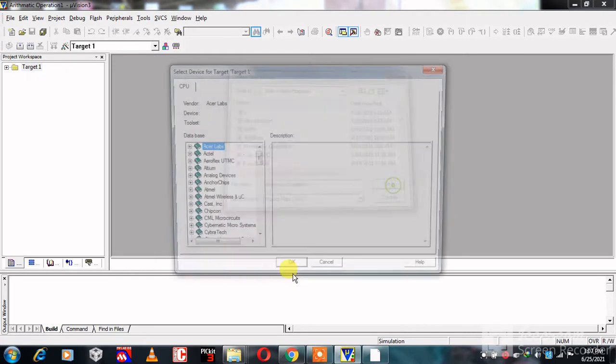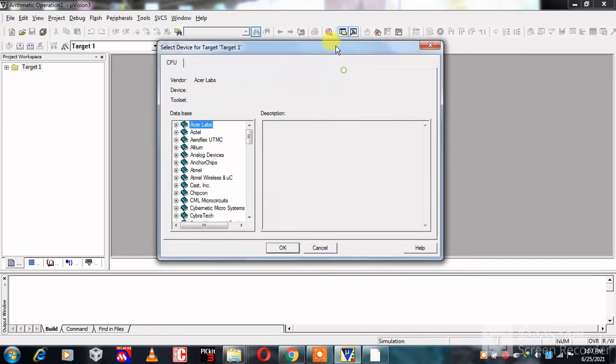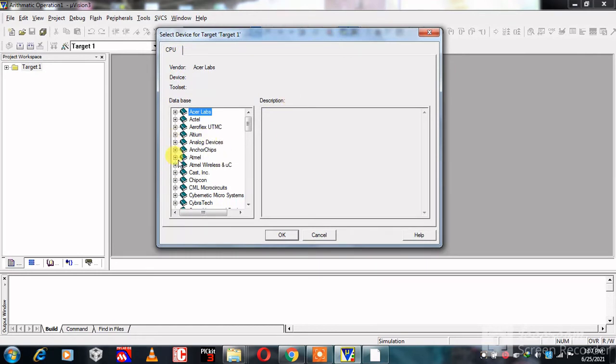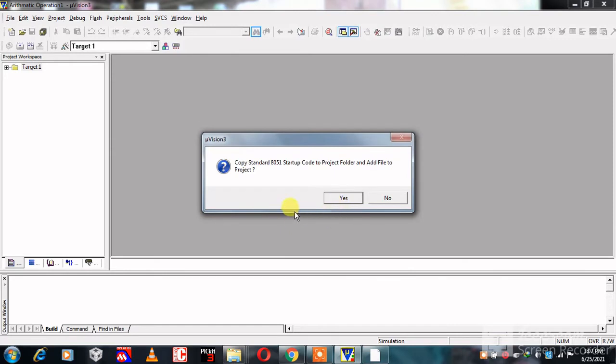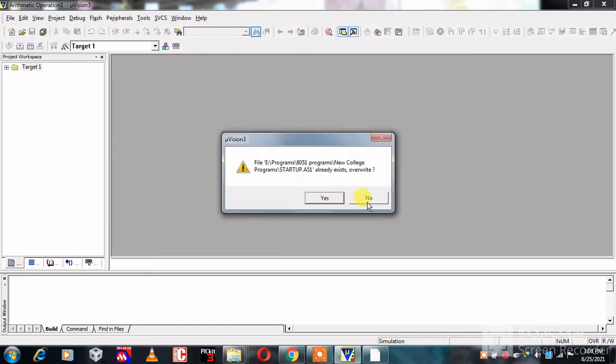Then click on save. These are the companies of 8051 microcontroller. I have selected Atmel because it is easily available in market. Then select IC AT89S52. Then click on OK. Then click on yes and then no.